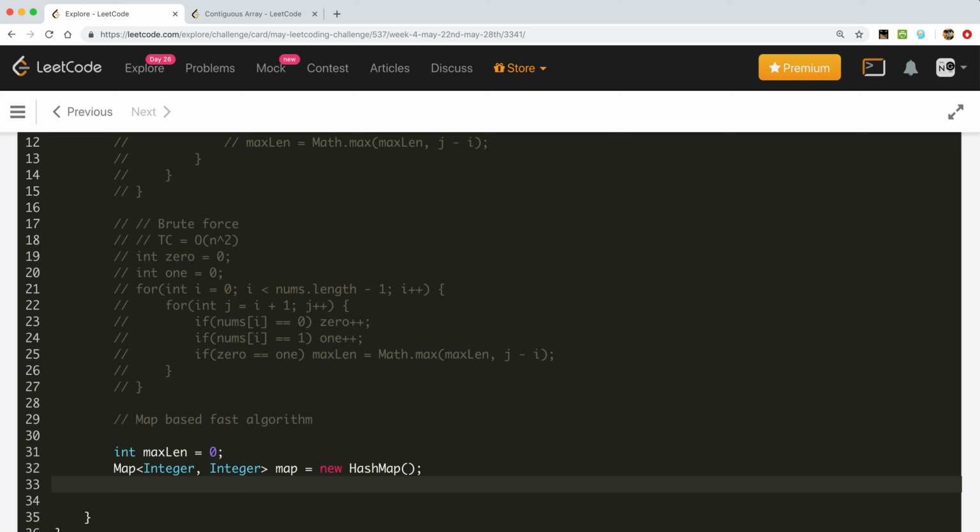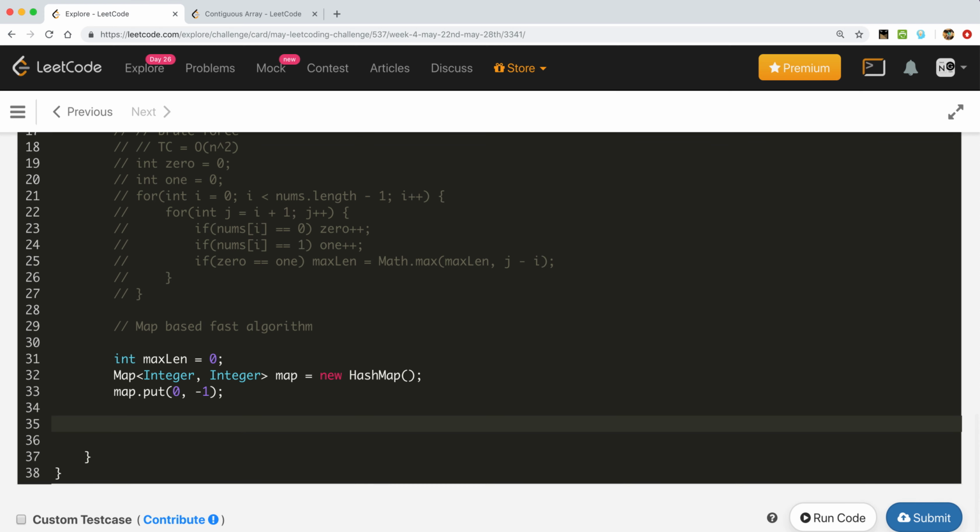One more thing, notice that when we have no element in the array, the sum is 0. So we need to add that entry for when there is no element, and the index of that starting point we will use as -1. So sum is 0 and the index is -1. This is a key point for this solution.